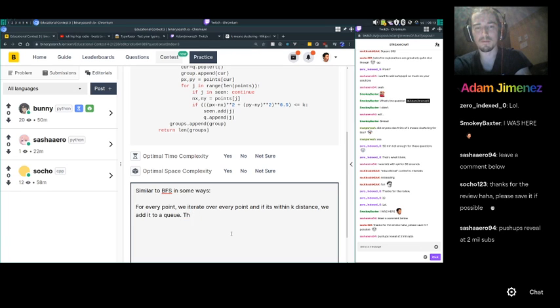Then we repeat the same process for every point in the queue until the queue is exhausted. At that point, we have a disjoint group.